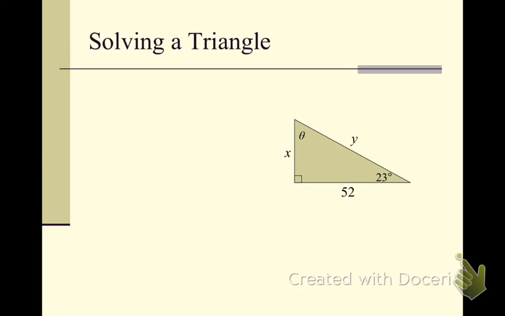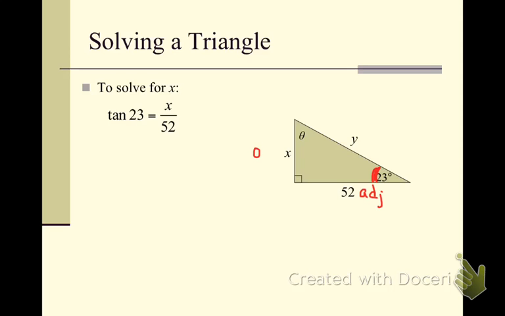Solving a triangle involves finding all side lengths and angle measurements that aren't already given in the problem. So what we want to first focus on is solving for x. Knowing that the angle opposite x is 23, right here, knowing that angle and knowing 52 is the adjacent side,